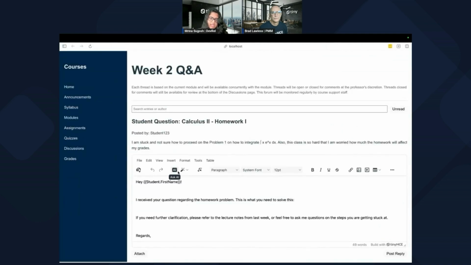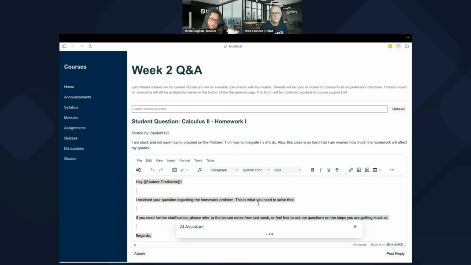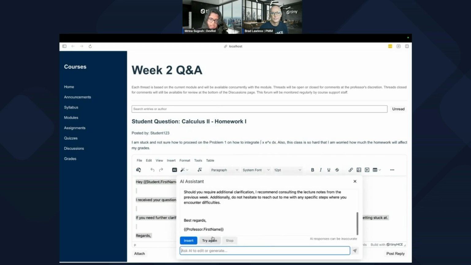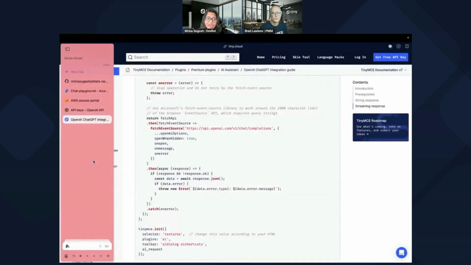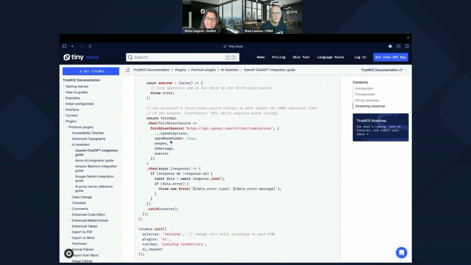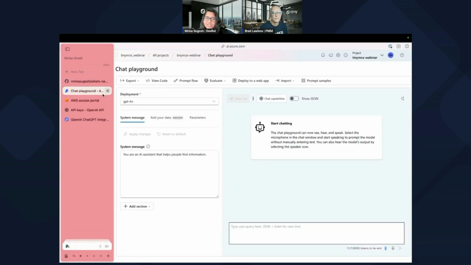And look at that. I have the AI options right in my editor, just as always. And then, of course, I can do something like change the tone to something more professional. And it does that. Let's say you're a product manager or you're a developer and you decide to change your AI service. Now, you're not OpenAI necessarily anymore, but you make a slight pivot and you go into something like